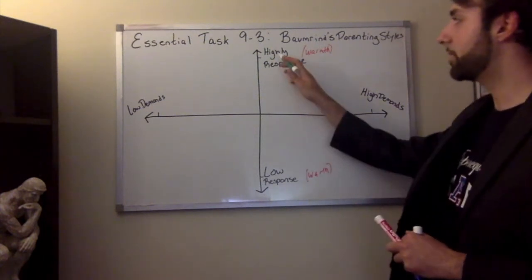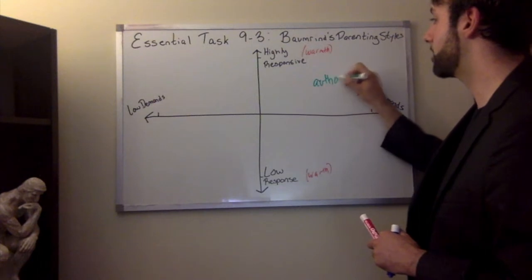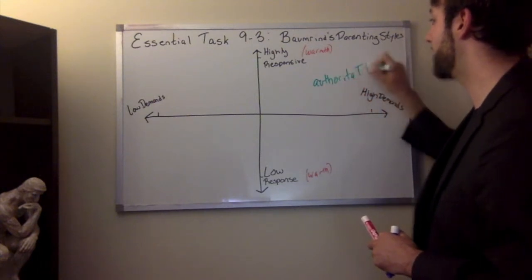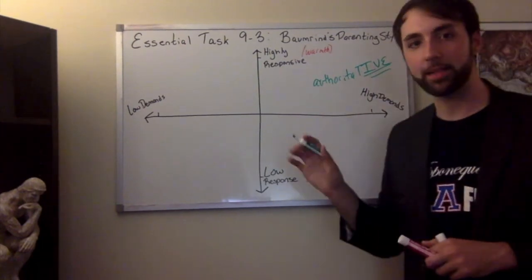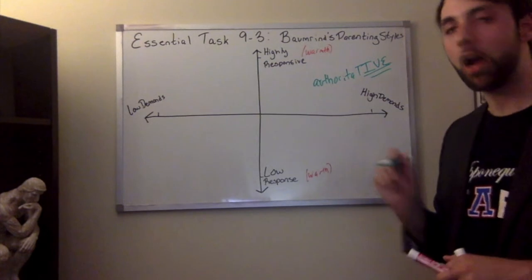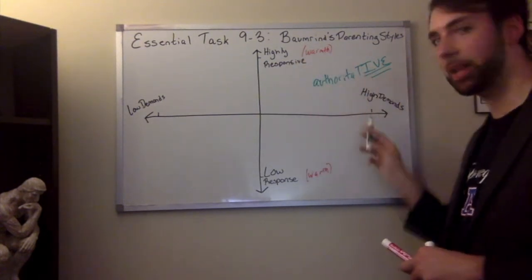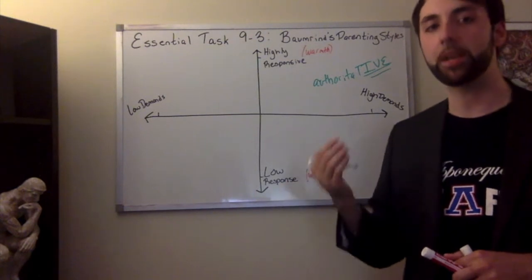So when we talk about a parent that is highly responsive but highly demanding, we talk about a parenting style called authoritative. I am going to capitalize the last portion of this. It's for a mnemonic that I'll describe at the very end. Authoritative parents are parents that are highly responsive but highly demanding. So they expect that you do well in school, they expect that you get a job, they expect that you